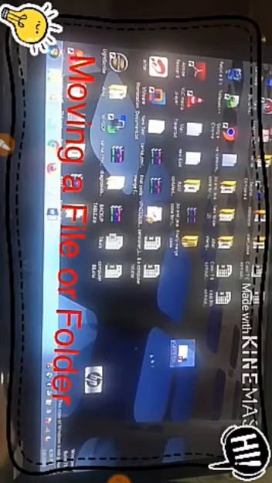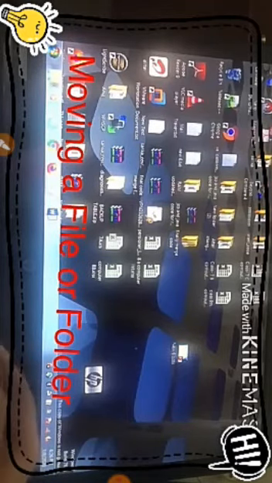Now we'll see moving a file or folder. When we want to move content from one place to another, we click on the computer icon. In that we select the Documents option, and then we see cut, copy, paste. All the options come up, like undo, select, redo, layout. If we want to copy something, we can select the copy option, and if we want to move it from one place, we have to click on the cut option.